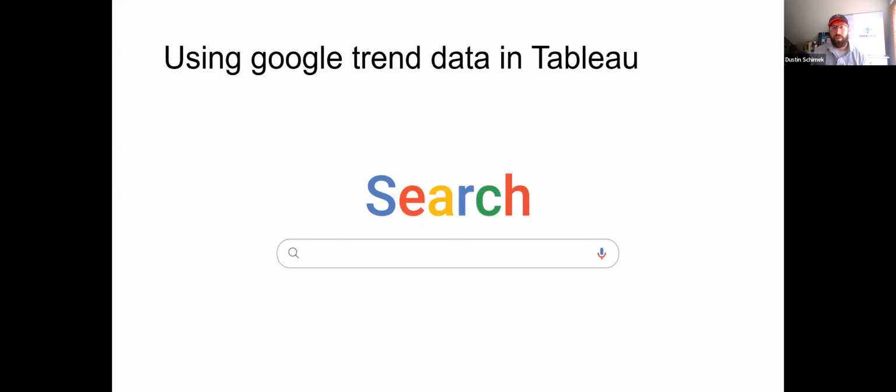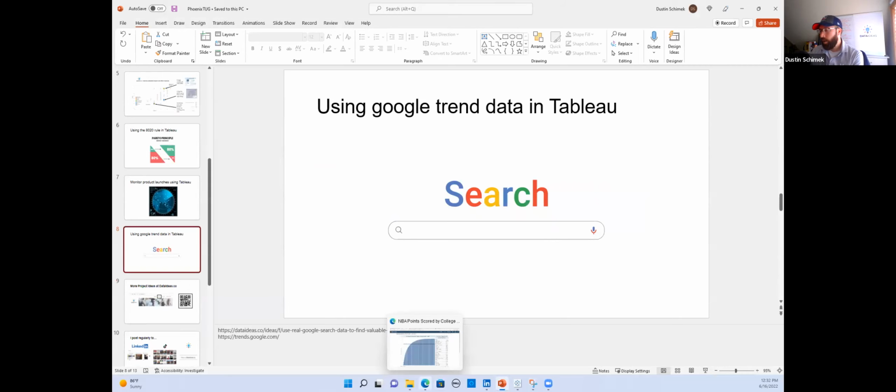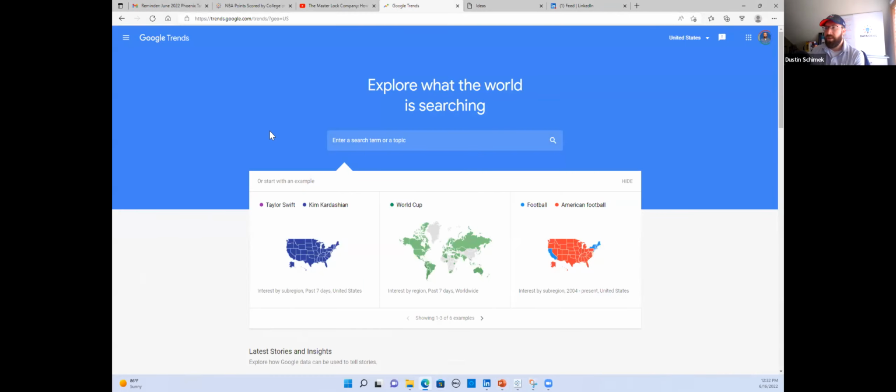I don't know if any of you have ever used Google search trend data, but I'll start with where I get it. If you go out to trends.google.com, and again, I'll put this in the deck. What you can do is search for, now I want to warn you, this is actually pretty addicting. When you start using this, you might lose your weekend looking at this stuff. But if you search for a certain term, like a product you sell or something you're interested in, you type in the search term or topic,